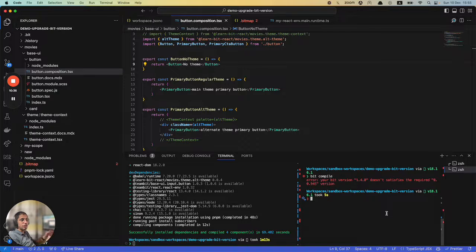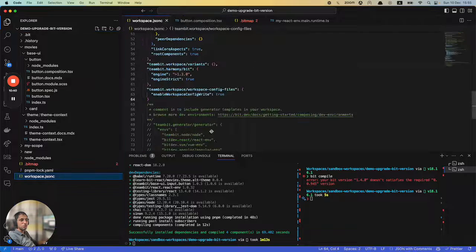So how do you get the IDE experience with Bit? This is how you get it, with this workspace.jsonc configuration. You don't have to have this. Bit will automatically update the workspace if you update your environments and your environment configs. But if you run bitws config write, Bit will now write configuration files inside your IDE